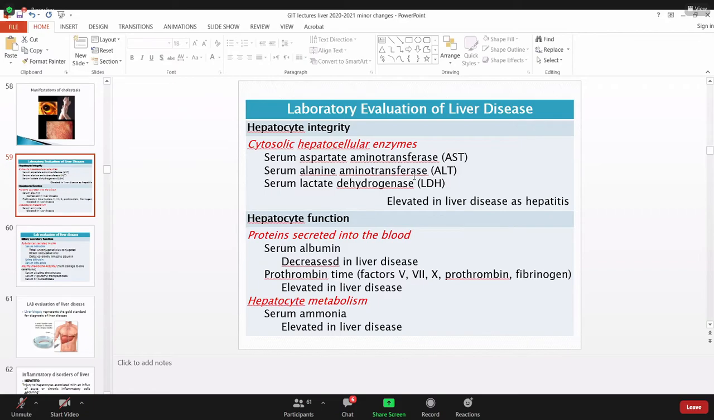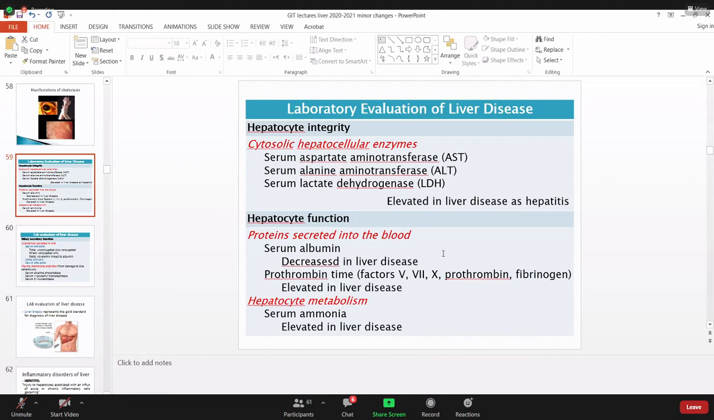Okay. These enzymes will be elevated. These three enzymes we call liver function tests. There's serum albumin, where hypoalbuminemia occurs, so it will be decreased. Prothrombin time will be increased because clotting factors, factor 5, 7, 10, and prothrombin and fibrinogen, they are all